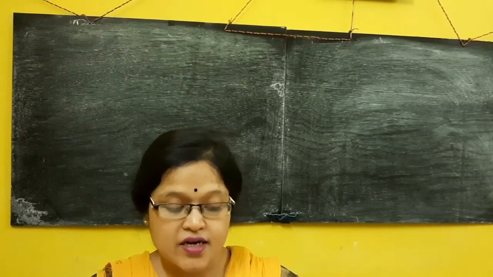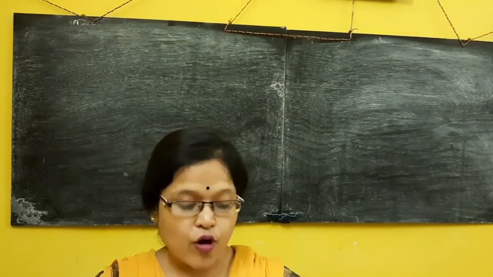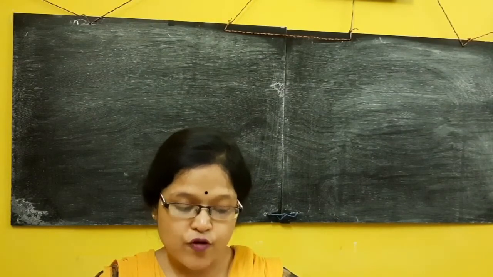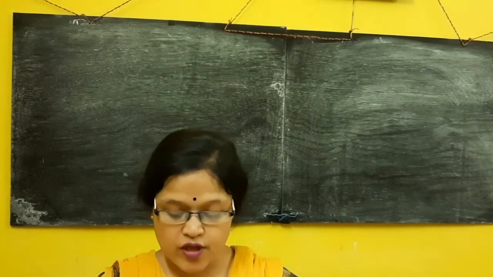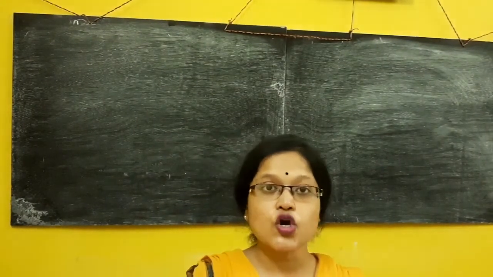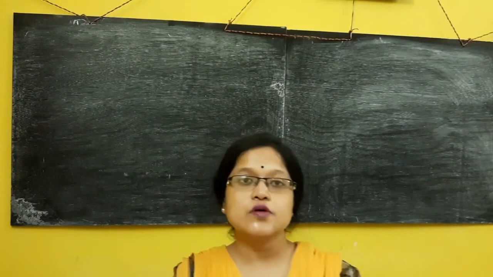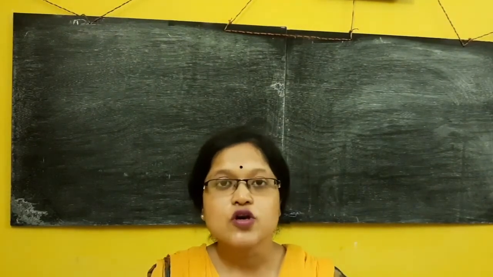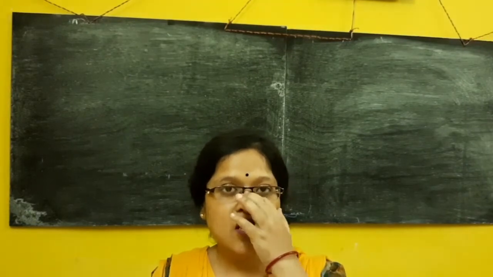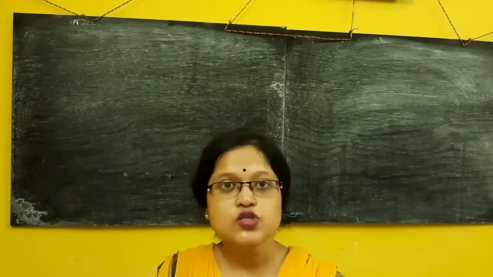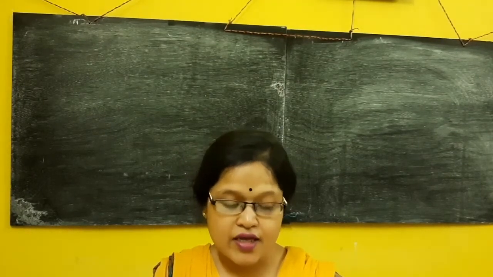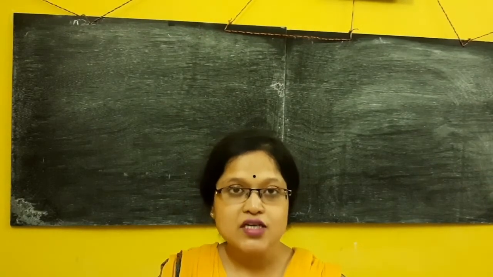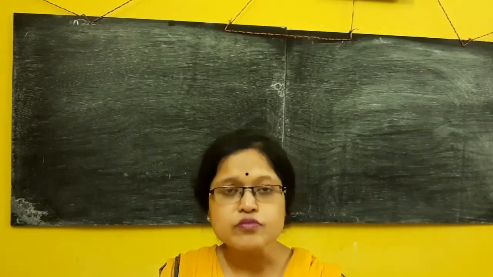An object is placed at a distance of 20 cm from a convex mirror and the image formed by the mirror is 10 cm away from the mirror. State the magnification and position and characteristics of the image. So here the question is given regarding the convex mirror. What is the good thing about a convex mirror? In a convex mirror, wherever you are placing the object, the image will always be diminished and upright. If it is a convex mirror, then always the image will be diminished and upright.